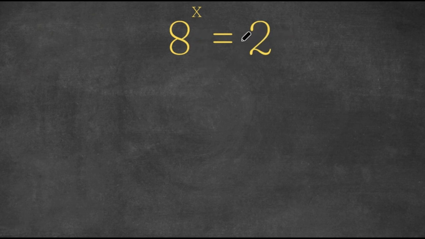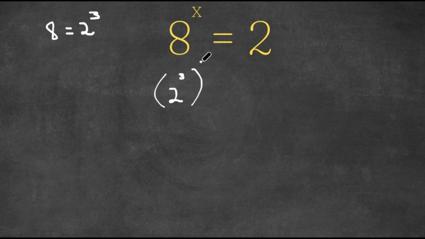Well, 2 is already pretty small, so we can't convert it into anything else, but 8 is actually equal to 2 to the power of 3. So I'm going to replace 8 with 2 to the power of 3. And so we have 2 to the power of 3 to the power of x